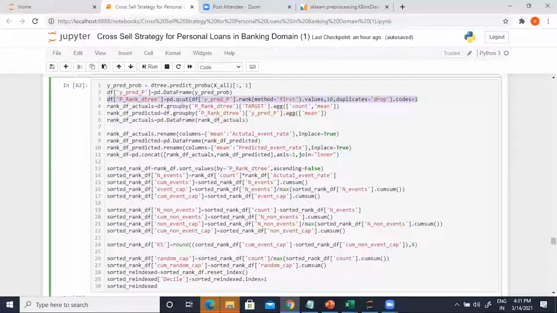This row is applying the quartile cut function on the y_pred_prob column. I'm creating 10 groups, method equal to first. So 1 to 10 will be created. Group 1 will have the lowest of probabilities. Group 10 will have the 10% highest probability values. So that's how these deciles are going to get created.